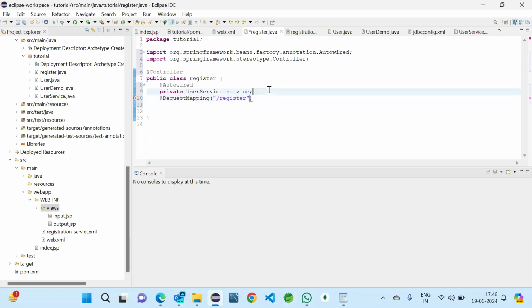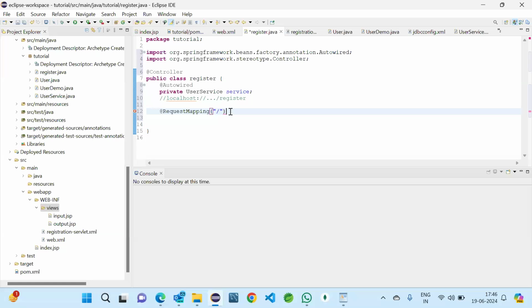So suppose we are taking this as a path, so localhost colon something, the path will be there, and after that here register will come. So if we give this register only, we are able to see the registration page. If we directly want to see it without entering register, we can simply give the slash. So if we give this slash, automatically the path which opens when we run the project will show the registration page. So I'm taking a slash for now. If required, we will take the register later.